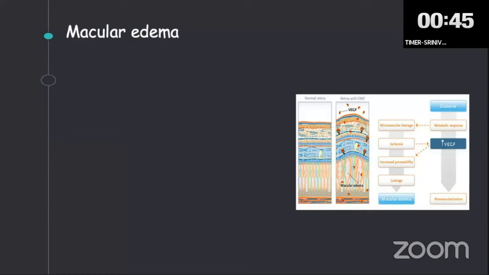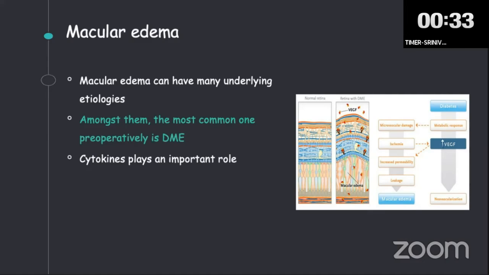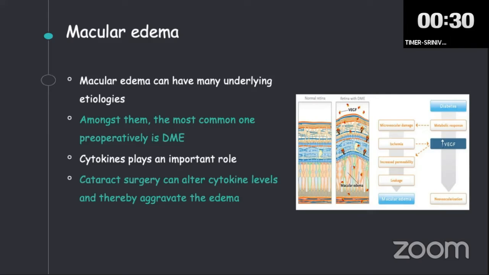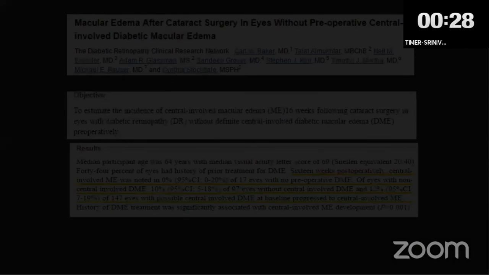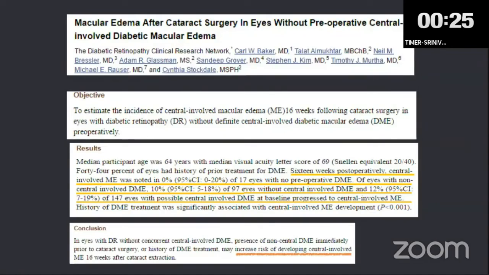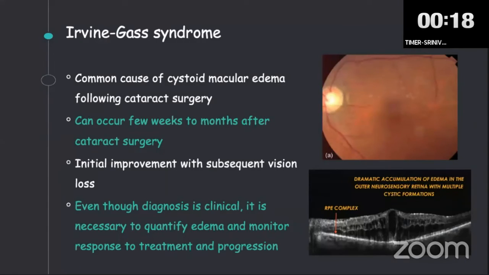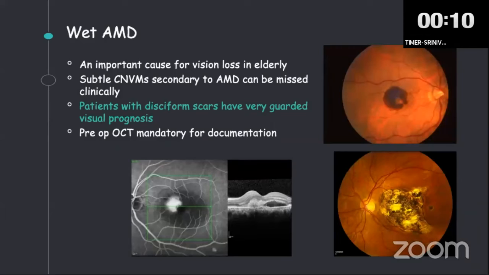Macular edema, we need to be very cautious. So what we do is we image these patients, especially if they already have pre-existing edema, and either treat them pre-op or intra-op with intravitreal pharmacotherapy. It could be steroids or anti-VEGF. This definitely plays a role because post-op inflammation can occur and can worsen the edema. This paper clearly shows that there is increased risk of developing center-involved macular edema even in those who did not have pre-op edema. This is pseudophakic CME, which can occur weeks to a few months after cataract surgery. So they will definitely have initial improvement followed by a drop in vision.